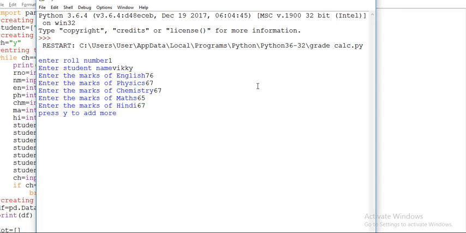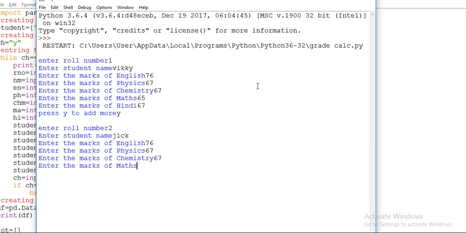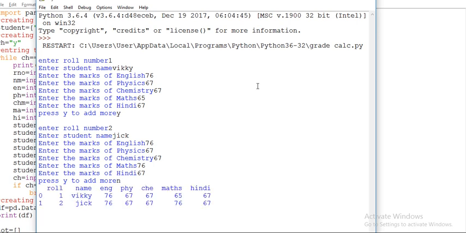Press y to add more. If you want to add more records, then press y, enter, and again enter the records. Roll number 2, name, marks. Press y to add more. If you don't want to add records, press n and click here.